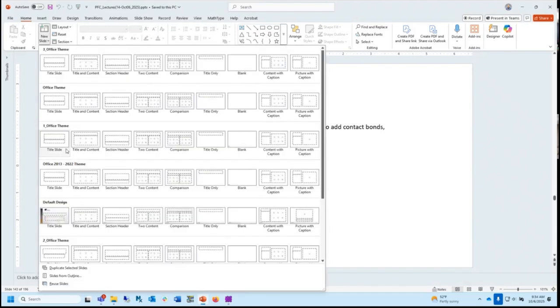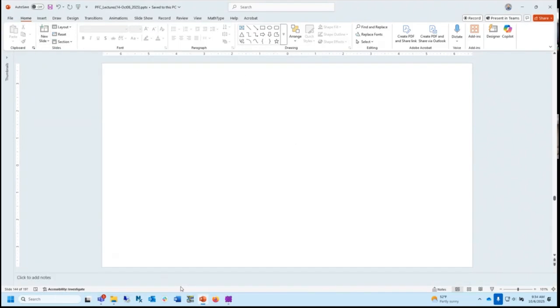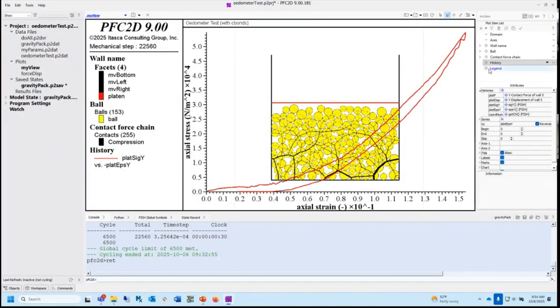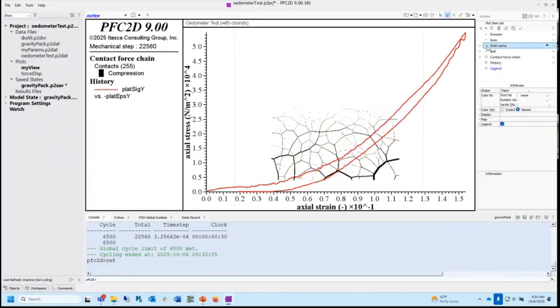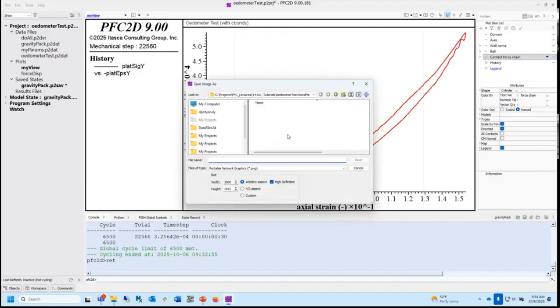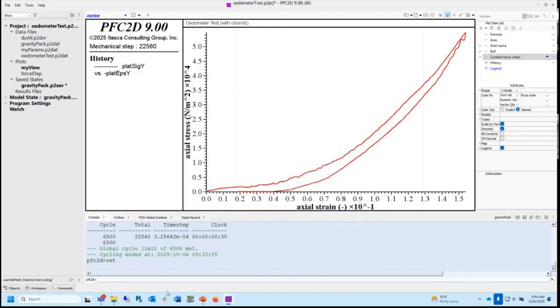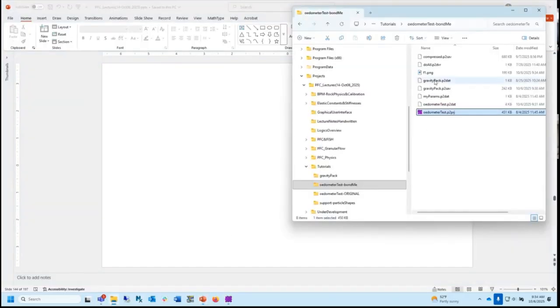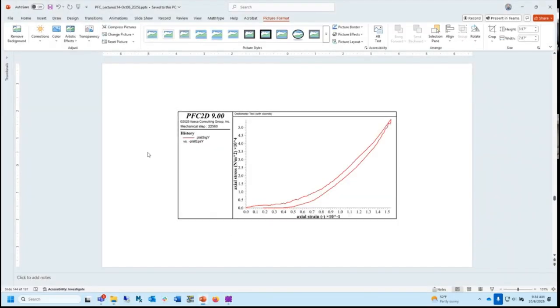So let's go back here and make a quick snapshot of this in our PowerPoint world, and let's measure the modulus. So this is how I always do it. I'm going to turn off the balls and the walls and turn off the force chains. I'm just going to look at this. I'm going to go up here and say bitmap. Let's just call it F1. It's going to go in the default directory where it was being run. I'm going to go in that directory. There's my F1. I drop it in. There's my stress strain curve.